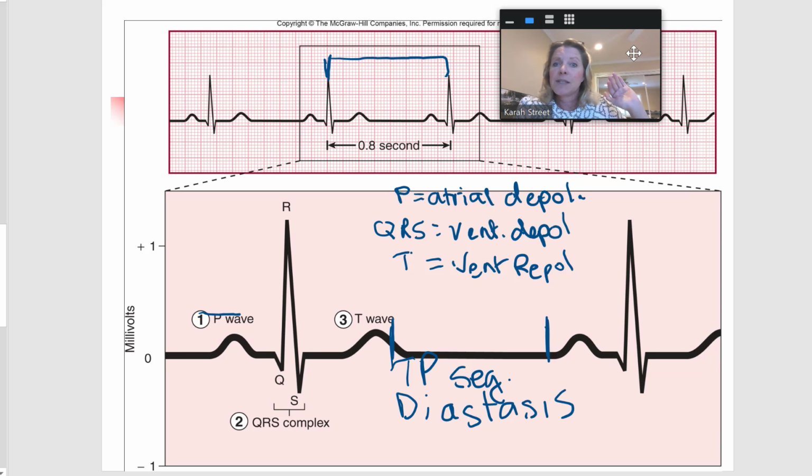Someone else in the class is going to raise their hand, and I'll say, yes, please tell me. And they will say, heart sound 1 is from the AV valves closing, and heart sound 2 is from the semilunar valves closing. And I say, nope, absolutely not. Then they find their online textbook on their phone, raise their hand again, and I wait for it. Says right here in the book, that's what causes heart sound 1 and heart sound 2. I said, no. Closing the valves,